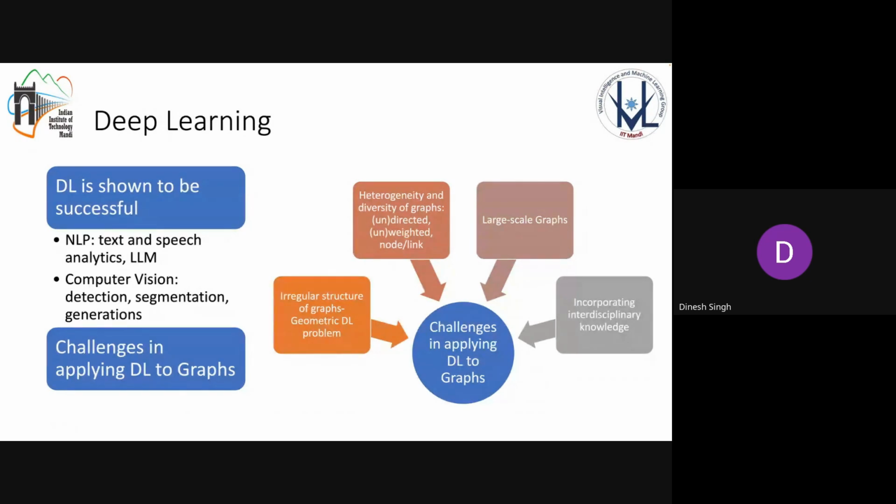So deep learning was giving very good success in NLP, in images, and nowadays we have LLMs and several types of tasks on computer vision. But when we simply ask, can we apply all those deep learning techniques on the graph? In the old days, the answer was no, we cannot apply. But recently, after 2017, several techniques came that focus on how we can apply those deep learning based methods